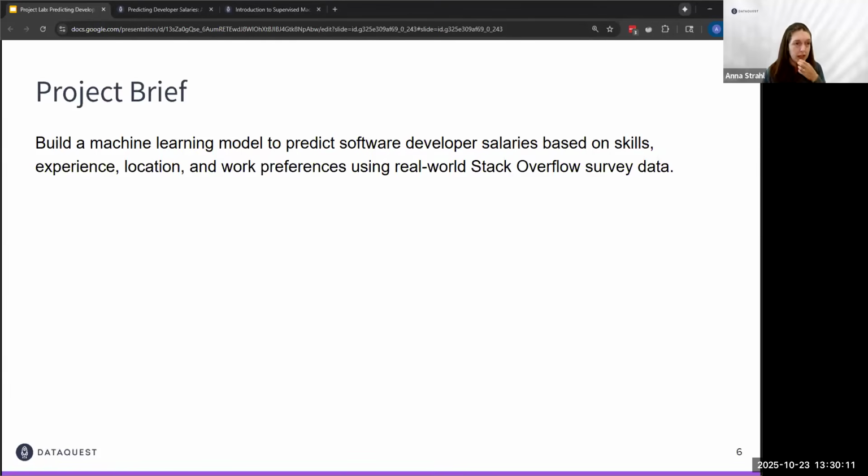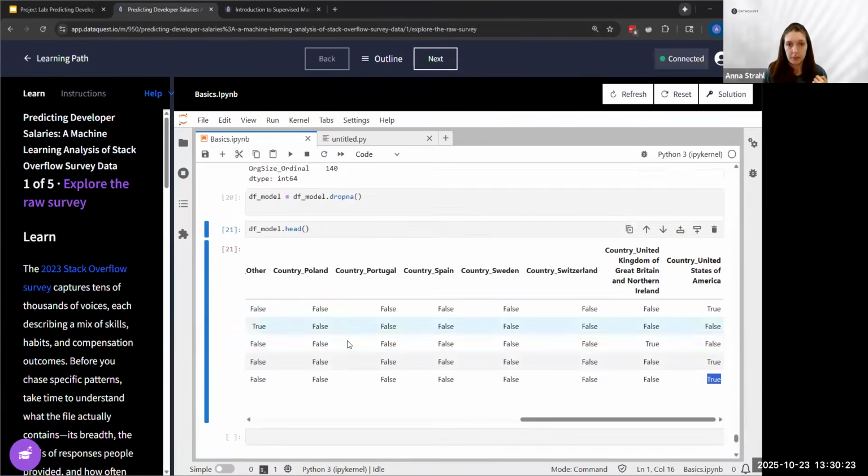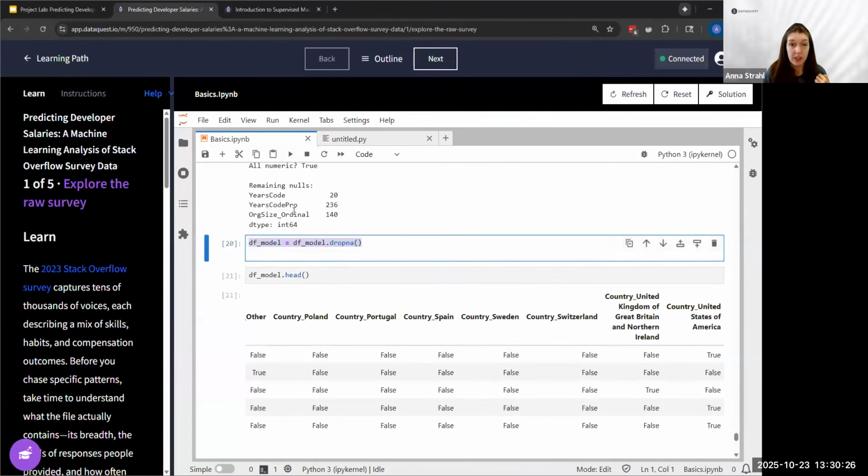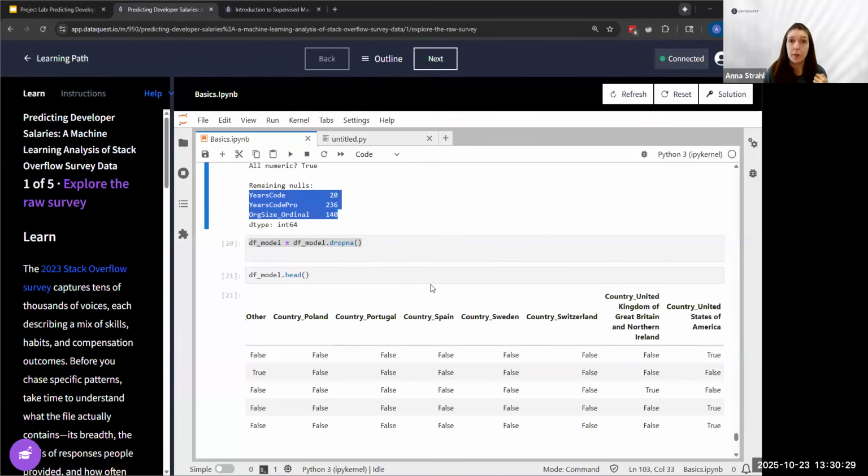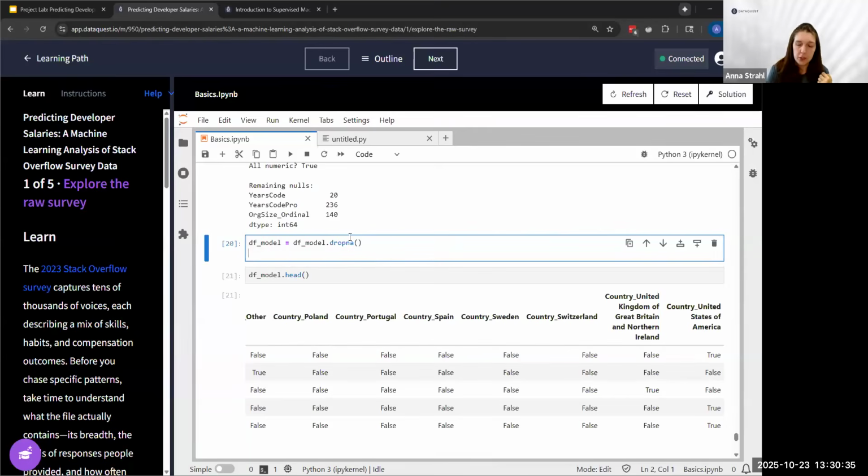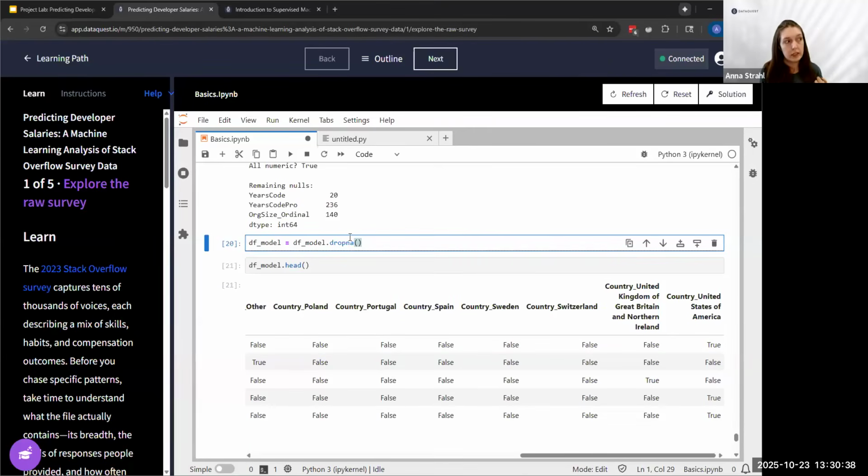Hinnock asks, if we drop columns that are nulls after training our model, can we use it on incomplete inputs that may have some null values? Nulls do not work well with machine learning. So that's why my final step here, after we did create some nulls in our numeric coercions, was to remove them. Because when machine learning is trying to calculate the interactions between different values, if it sees a null, it doesn't know how to calculate on something that's missing. So you do have to take care of those null values.